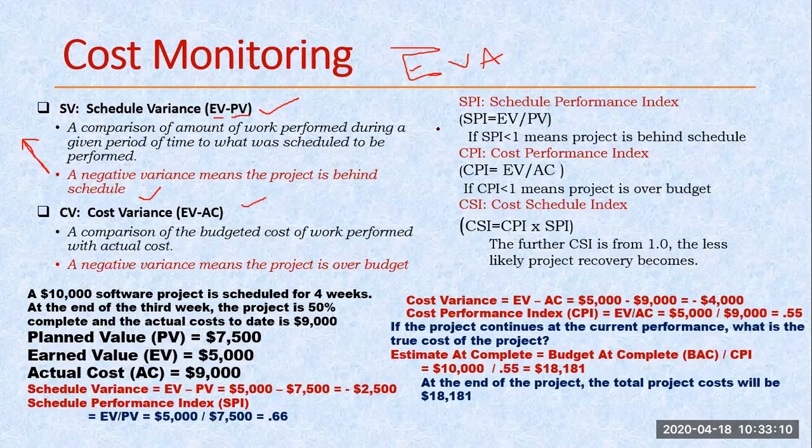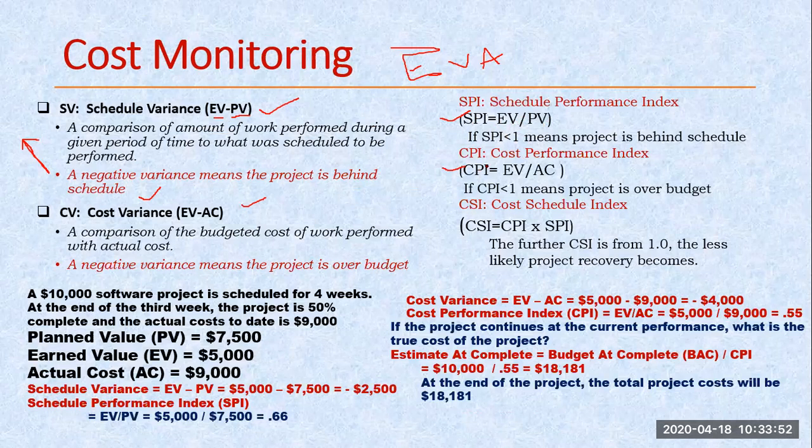And these are the indexes. So there are three different types of indexes. One is SPI, another one is CPI. Within this we are going to wind up, but we will try to complete this. So SPI, we are calculating, this is the schedule performance index. This uses the same attributes, EV and PV. But instead of subtracting, here we are dividing. If this value is less than 1, that means we are behind the schedule. If this is equal to 1, that means we are working as per my plan. If this is greater than 1, it means we are ahead of time. So these are the three meanings of this SPI.